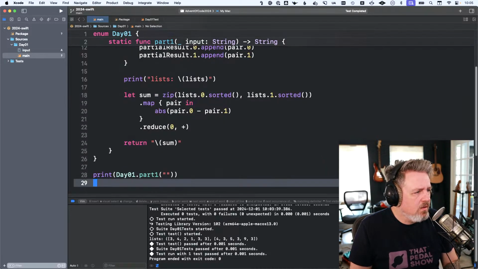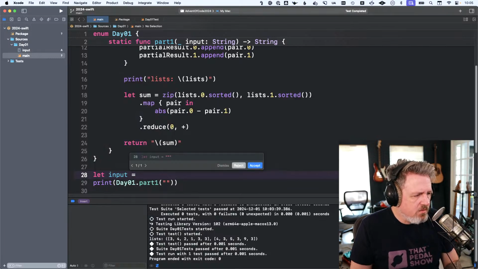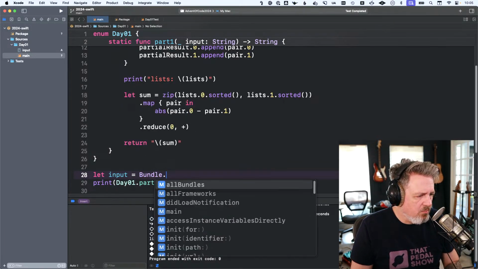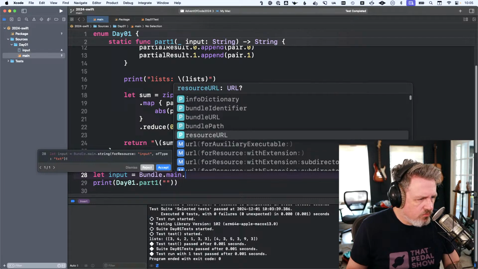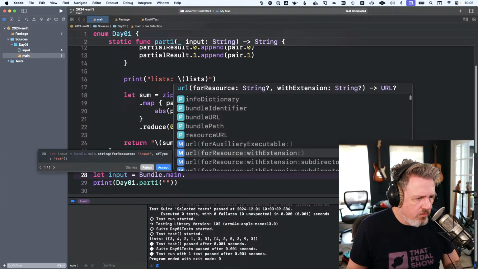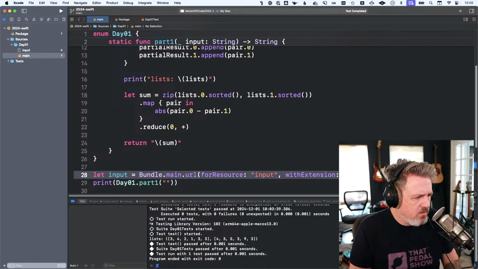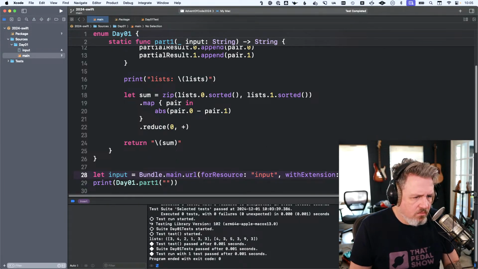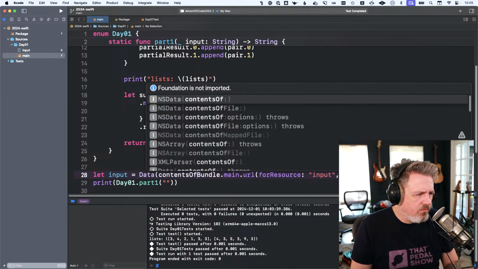So down here, I'm going to say let input equals, and this is going to be Bundle.main URL for resource with extension. We'll do input text. And then that's going to be Data, contents of